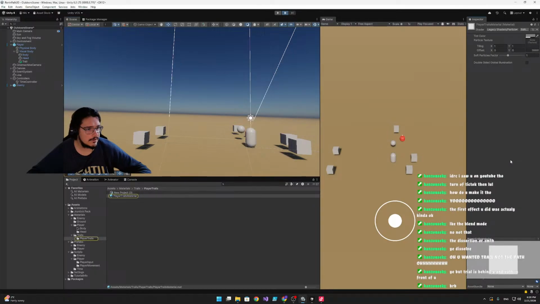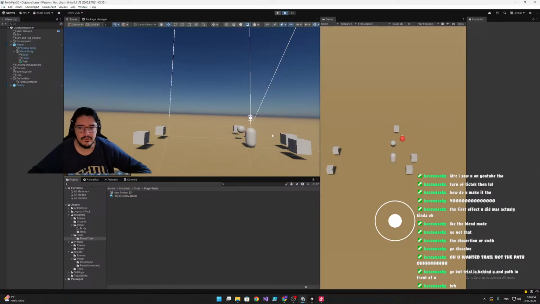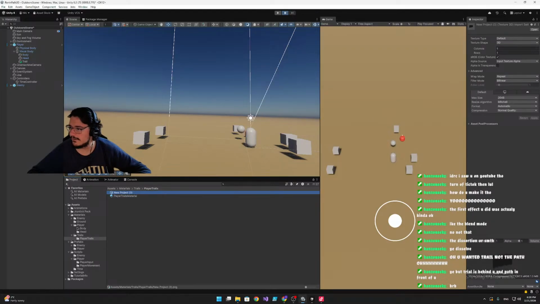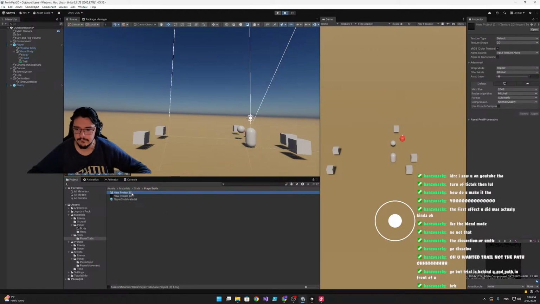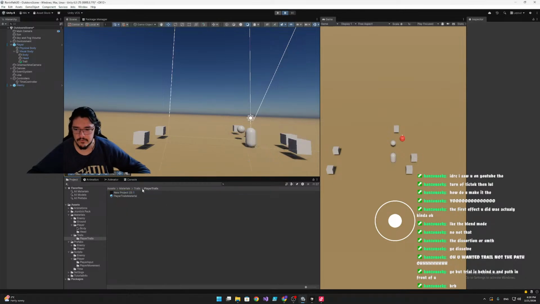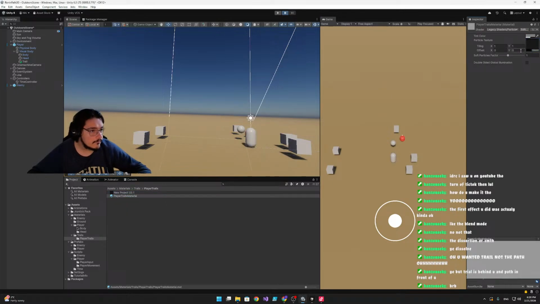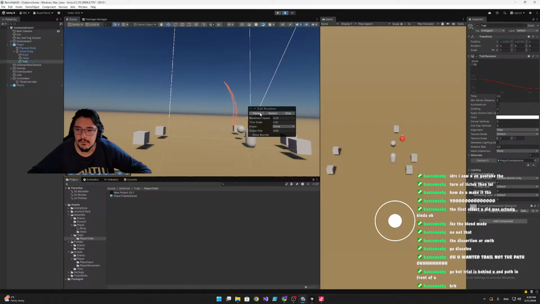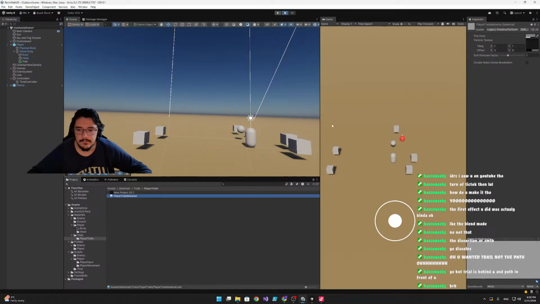Yeah, it is not working. Oh wait. Oh my god, I changed the wrong thing. Oh, I changed the wrong thing. Yeah, now it is not visible, but if I change, for example,